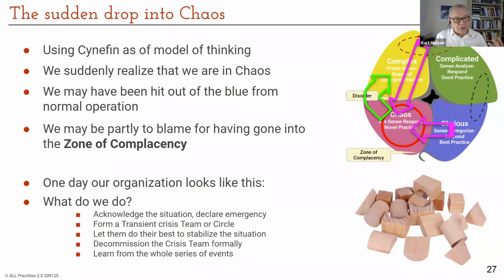So the strategy for dealing with it is to be very aware that this is chaos. Of course, an organization has to have a formal way of declaring emergency. They have to know who are the very, very experienced people that we're going to give this authority. And it's probably not the CEO. It could be, but it's definitely not the CFO, because this is not typically a financial problem that he can handle. But the best people, let them do the best, stabilize, get back into complex where we can have more controlled experiments,